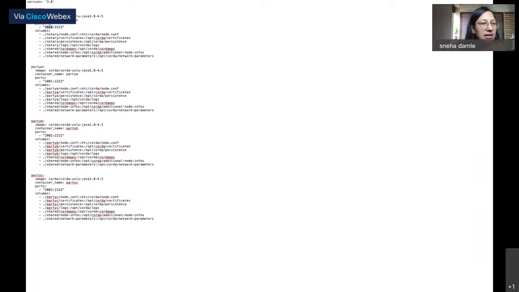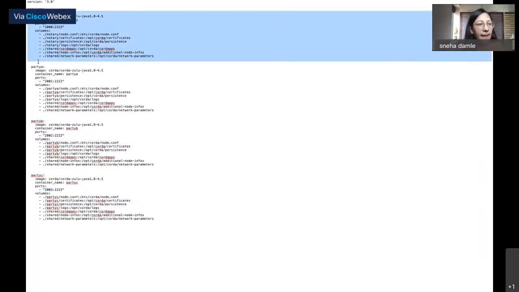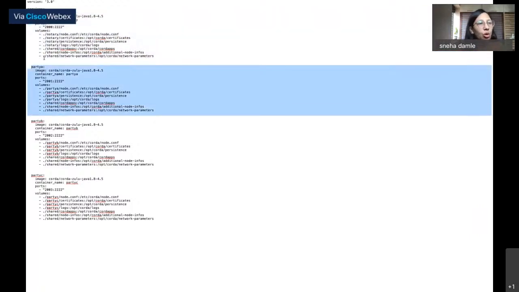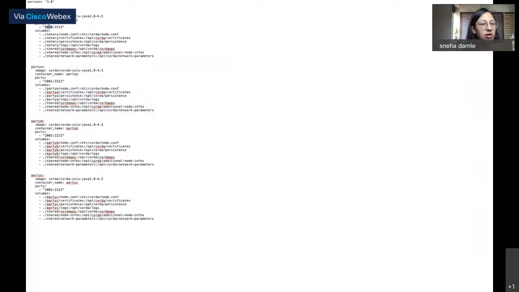So this is exposed as 2000, 2001, 2002 and 2003. Once we have our parties or nodes up inside different containers, we can actually SSH into our nodes using these particular ports which have been exposed via SSH.